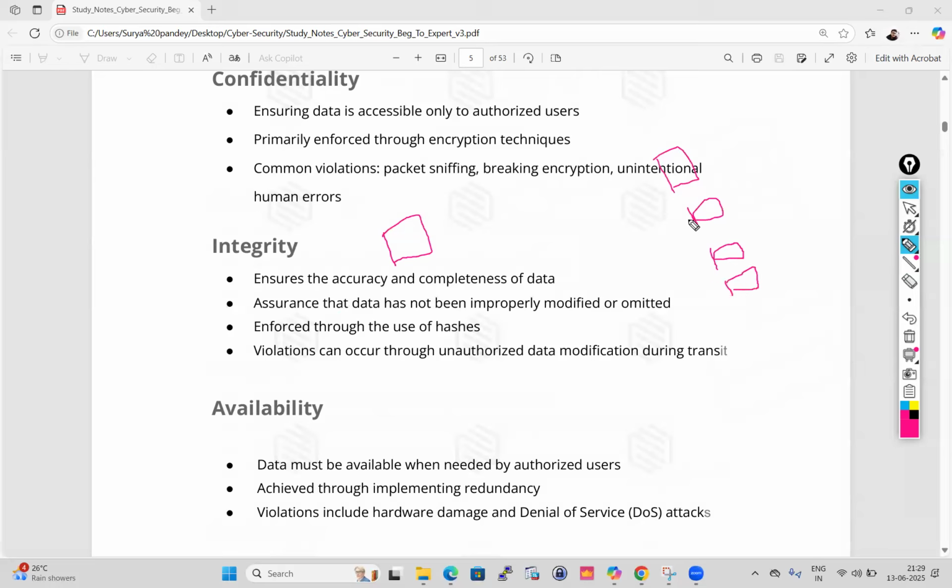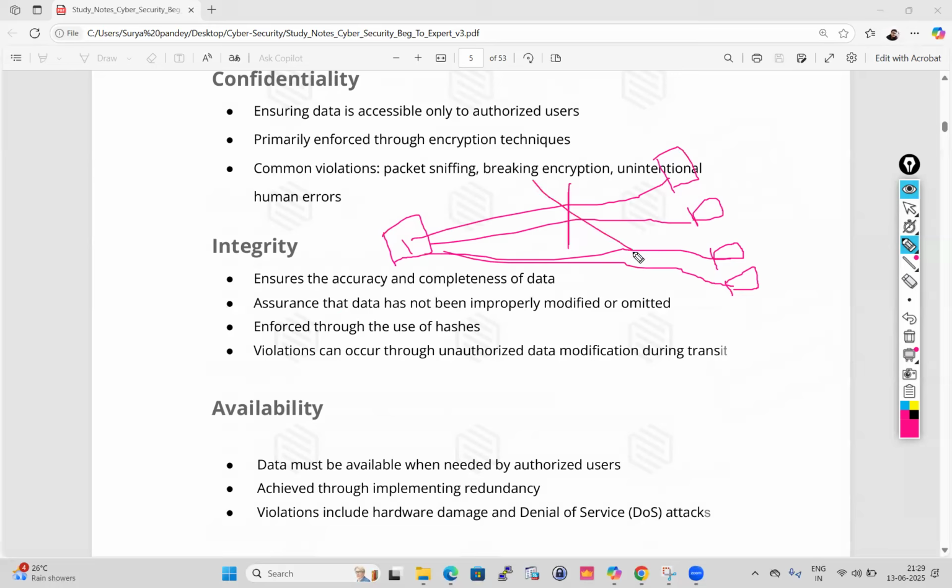Just for example, I'm considering emails. Whatever data he sent to all the authorized people, and there is no modification in the middle by someone else, maybe an attacker,